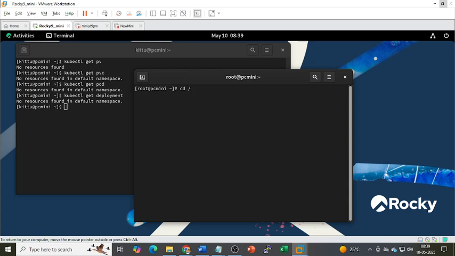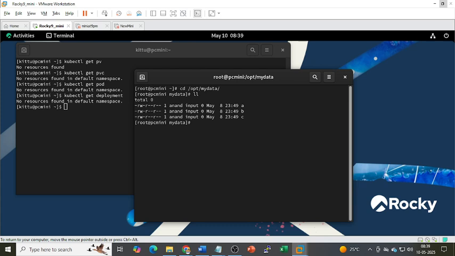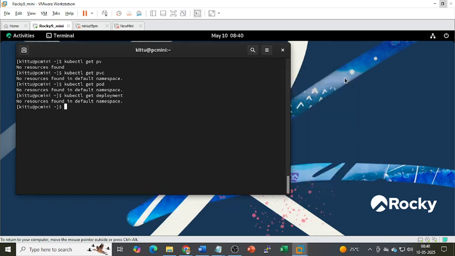Before start, I just want to check once more. cd /opt/mydata, rm -rf abc. I just delete it, clear it. That is my mount point, local storage. Now